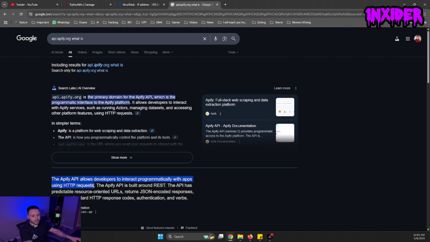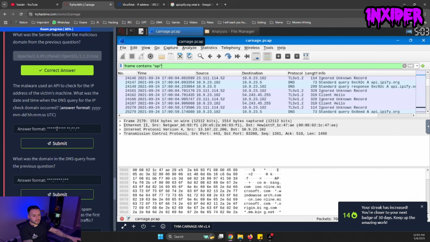Using HTTP requests, which is a programming interface. It allows developers to interact with API services such as running actors, managing datasets, and accessing other platform features using HTTP requests. Hmm. I would say it's